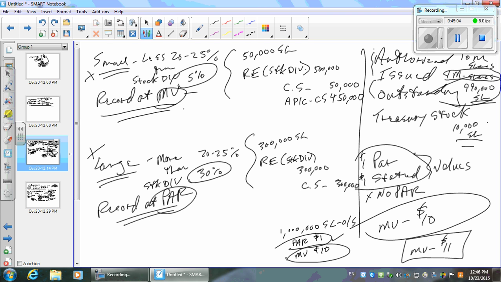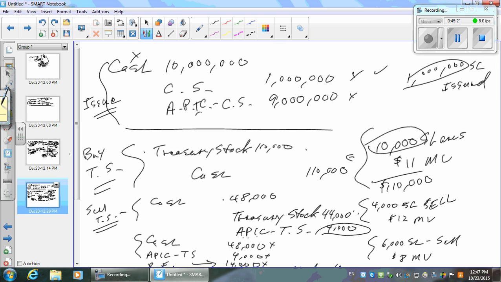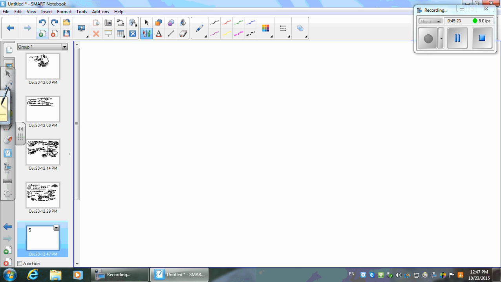Easy, isn't it? It's kind of nice stuff. I mean, you don't have to know it, but you're going to see it in the financial statements. Here's why this is kind of important for you to know. This par value is usually very, very small. So if you were to look at the equity section for this company that we just did, look what's going to happen. You're going to show common stock. If it's $1 a share and there were 1 million shares,